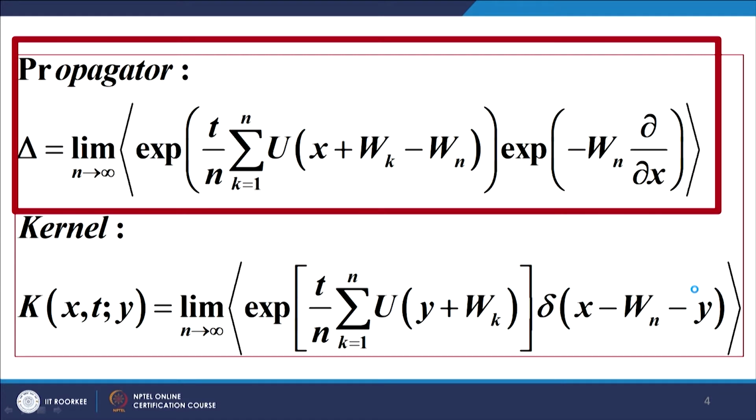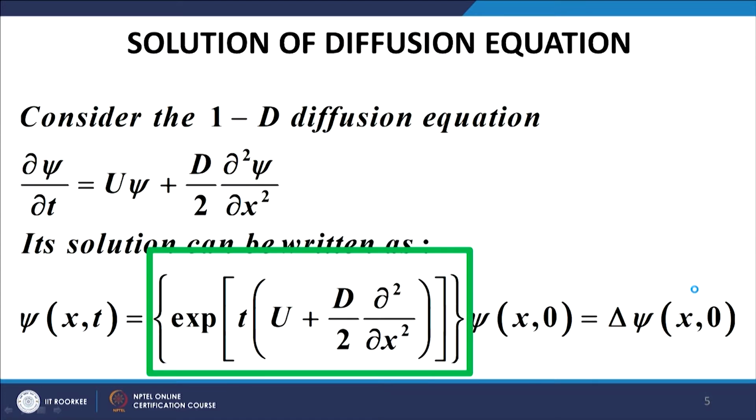Now, also to recall, we ended up finding the expression for the propagator in the form that is given in the red box, and we had the expression for the kernel, which is the second equation on the slide, for the diffusion equation. I emphasize these expressions were obtained for the diffusion equation. How did we go about it? Well, a quick recap. We started with the diffusion equation. We obtained the solution of the diffusion equation in the form that is given in the green box. That was the first step.